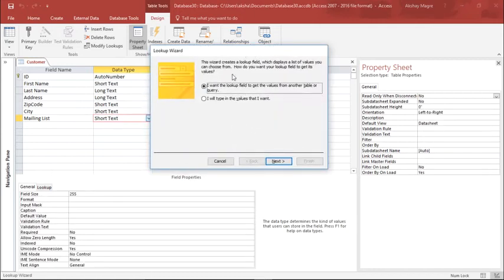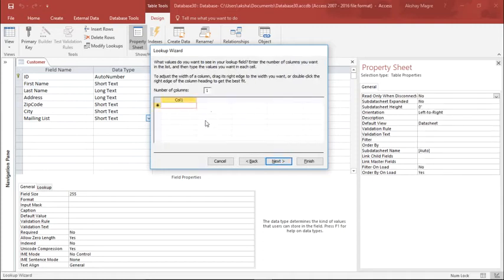Now basically it is asking me whether I want the lookup field to get values from another table or a query. No, I want to create my own values. So I'm selecting this, I will type my own values, and I hit next. Basically it is asking what your drop down menu should consist of. I said it should be yes and no, or let's say maybe. It can be whether you want to be wished, maybe, when special offers are there, right?